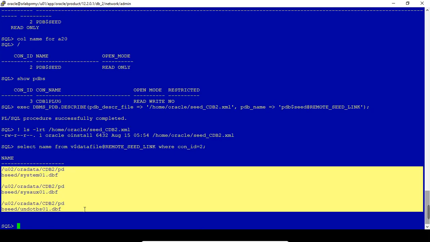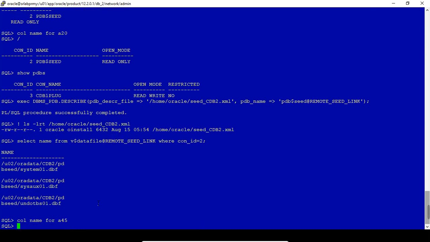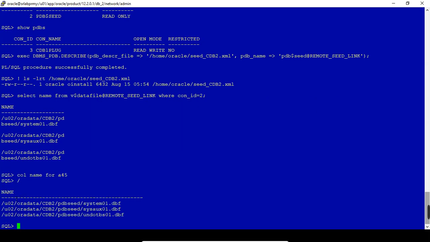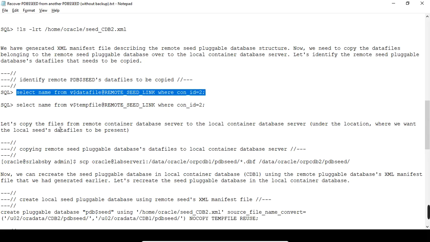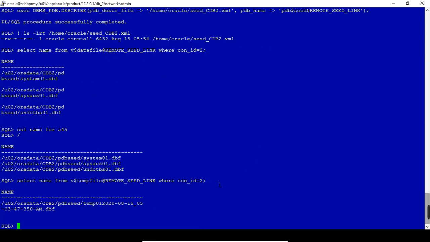These three files we need to SCP from the remote container server to the local server. The temp file also we can take. So these are all the files we need to SCP here.